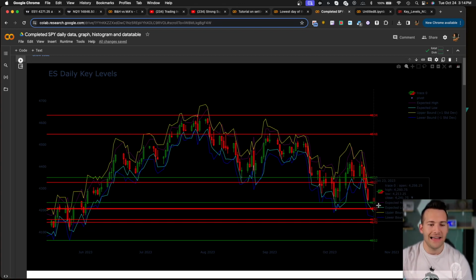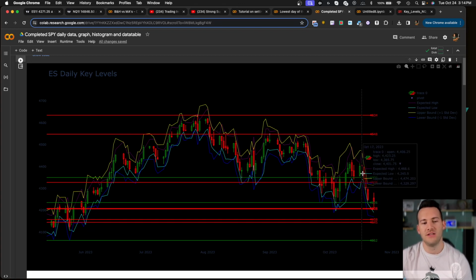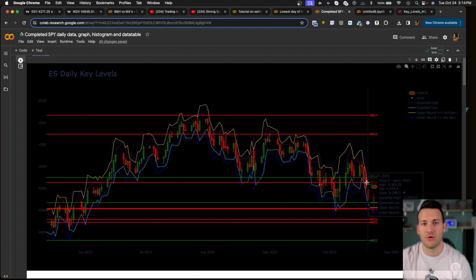So we had some levels of support in this range. We had just been through 5 red days in a row, or 4 red days in a row. I think we might have hit the fifth. We had hit multiple days red in a row with no real bounce. We'd got to a previous level of strong support. And what did we do? We ended up running up yesterday. And today we finally closed higher than we opened and had our first green day after 5 red